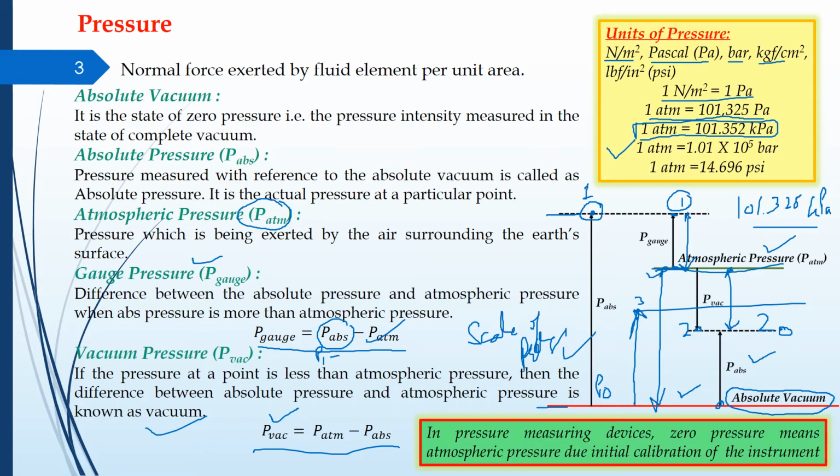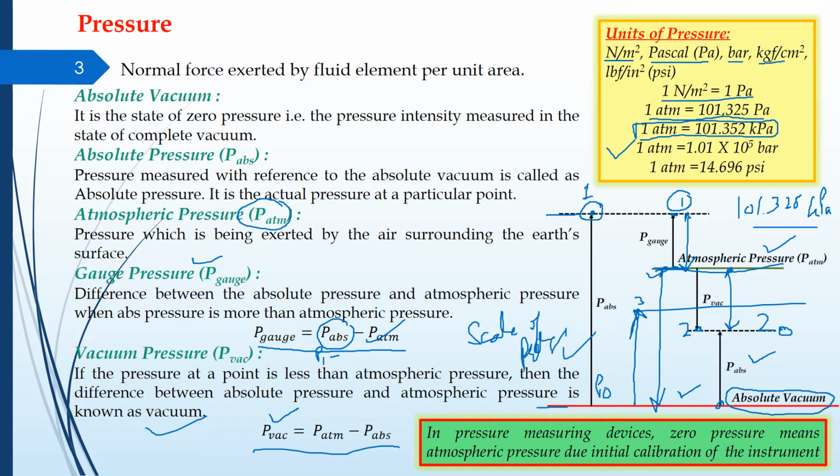Now, the most important thing is that if we have a pressure measuring device, suppose we are measuring some pressure, and on the gauge, if you are measuring it experimentally, you can see that the pressure is 0. So actually the pressure is not 0. Your instrument is calibrated to the atmospheric pressure, and the existing pressure over there is atmospheric pressure, but the instrument is calibrated to 0 pressure, so that you can measure the gauge pressure with respect to your atmospheric pressure.